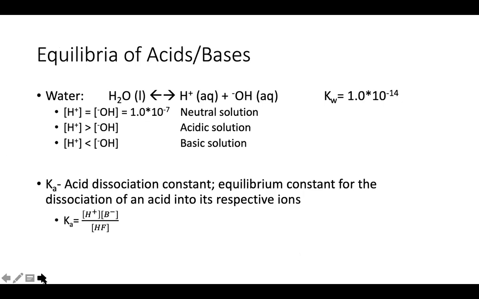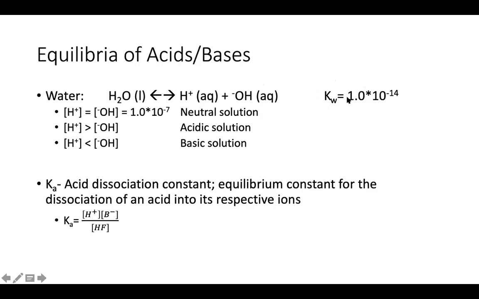Equilibria of acids and bases. So kind of coming back to water, right? Remember that water has an intrinsic ionization. It auto-ionizes into H plus and hydroxide. Its equilibrium constant, which we label as Kw, is equal to 1 times 10 to the negative 14th. So when we multiply the concentration of H plus and the concentration of hydroxide, it's always going to equal